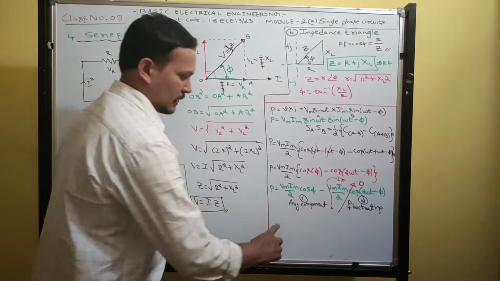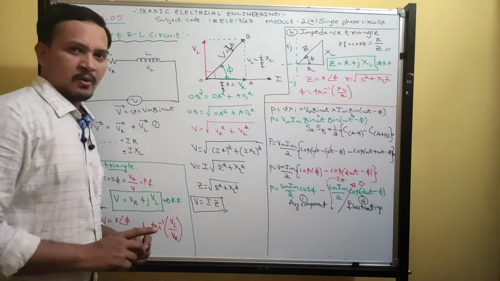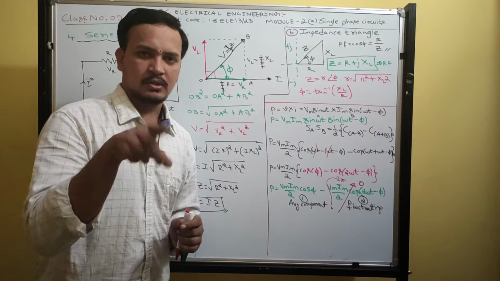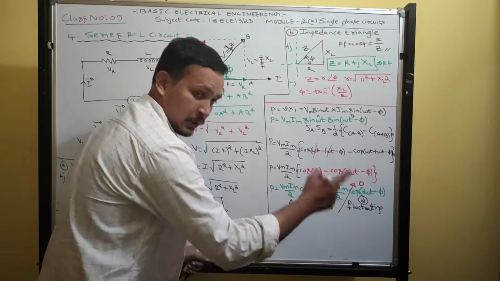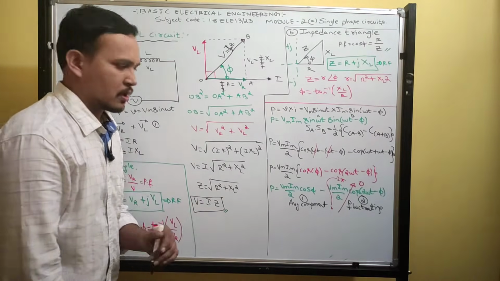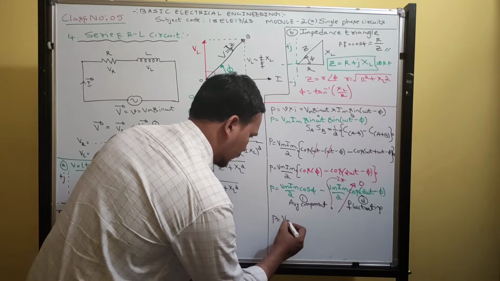What I said, that sentence you write here: if we integrate the fluctuating component over one cycle, its average value is always 0. Okay. So next, therefore, continue. Therefore, power is consumed only by the average component.